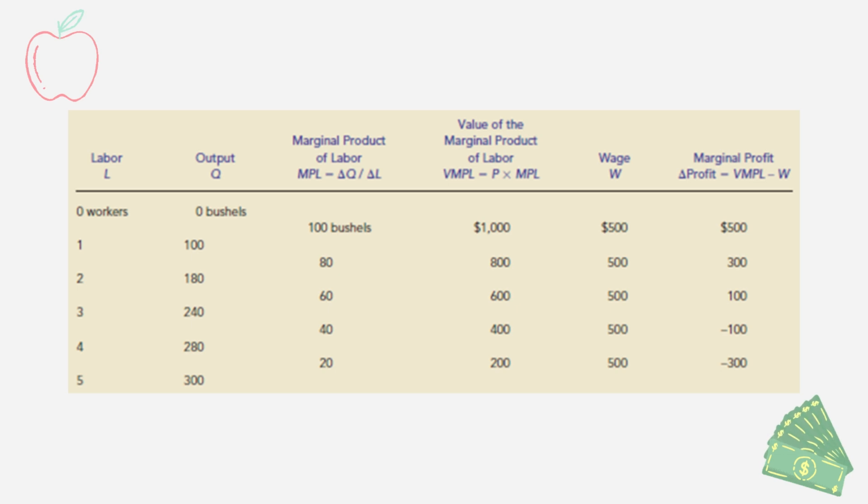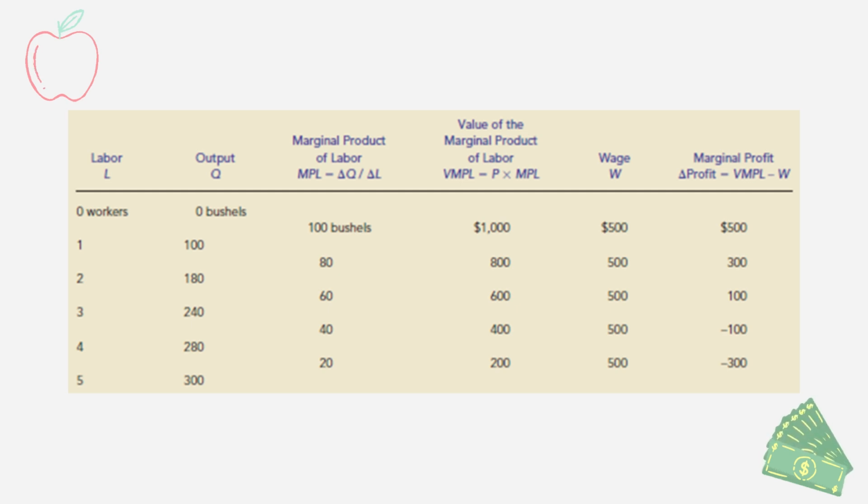Next, if we have 2 workers, they can produce 180 bushels of apples. The marginal product of labor between 1 worker and 2 workers is 80. The value of the marginal product of labor is with the assumption that the price of 1 bushel of apples is $10. So 80 multiplied by $10 equals $800. And the wage for 1 worker is $500. So with the revenue of $800 minus the expense of $500, which is the wage for the worker, the profit is $300,